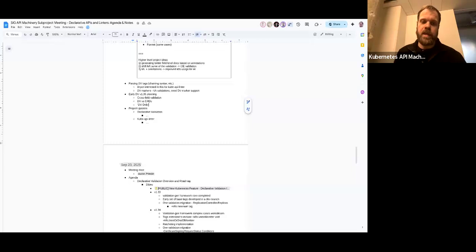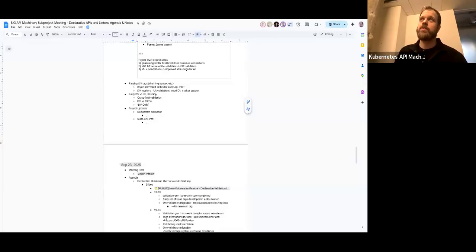And then getting some tags to be what we call DV only. We mentioned the goal that new APIs use declarative validation. Right now, to migrate a validation, you essentially need the handwritten code as well as the declarative validation code, so it's more work because you're doing the old path. But starting in 136, we have this graduation path for tags.